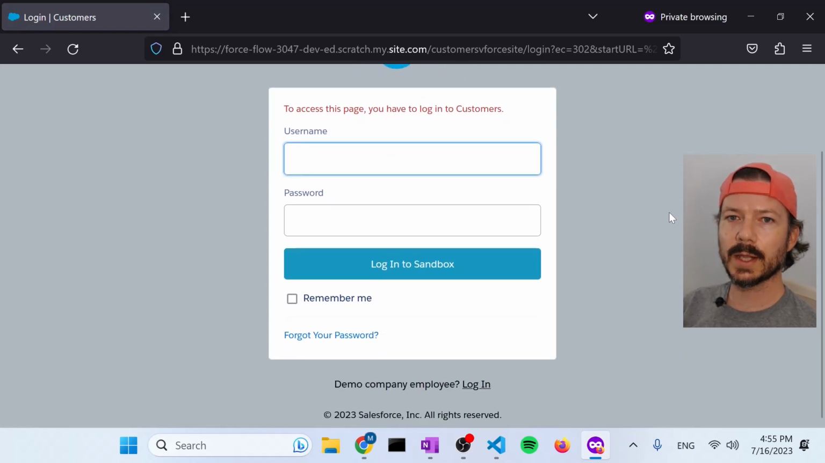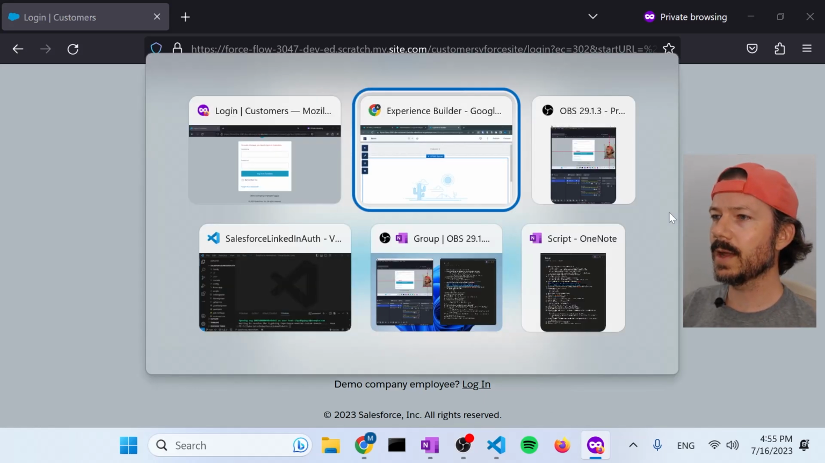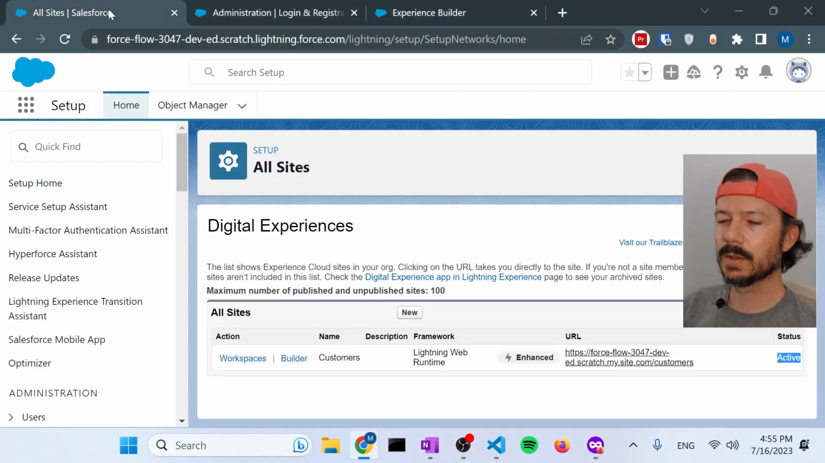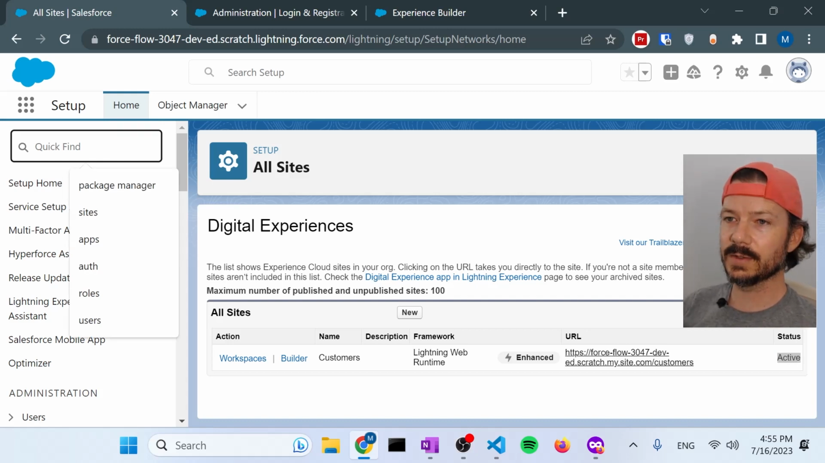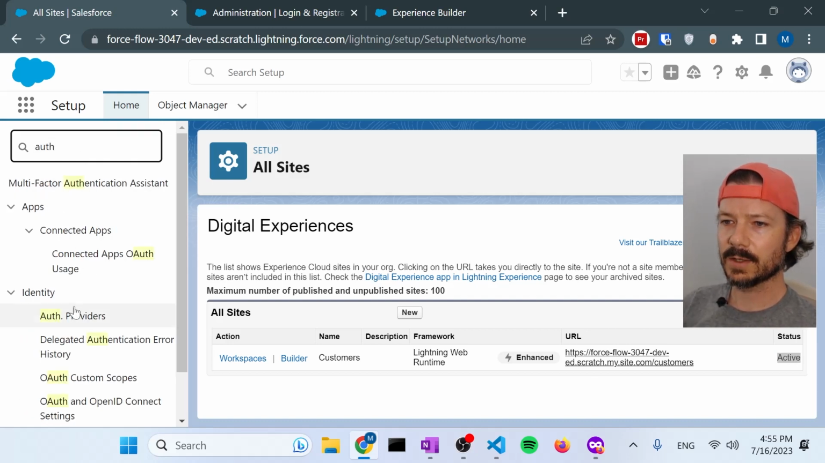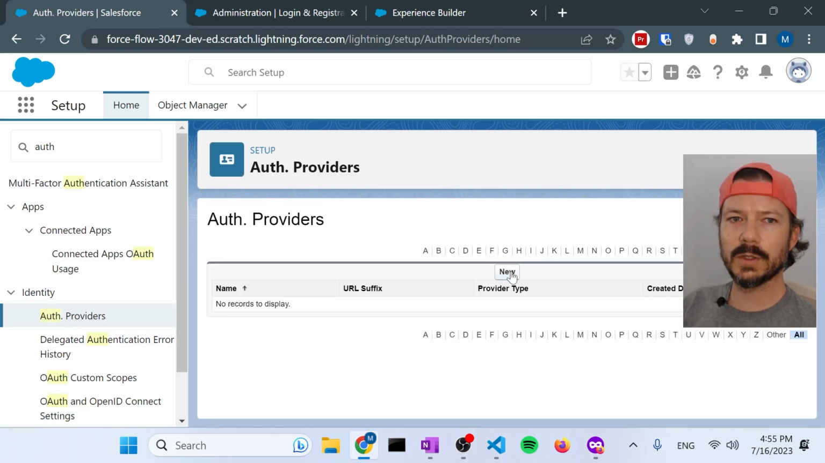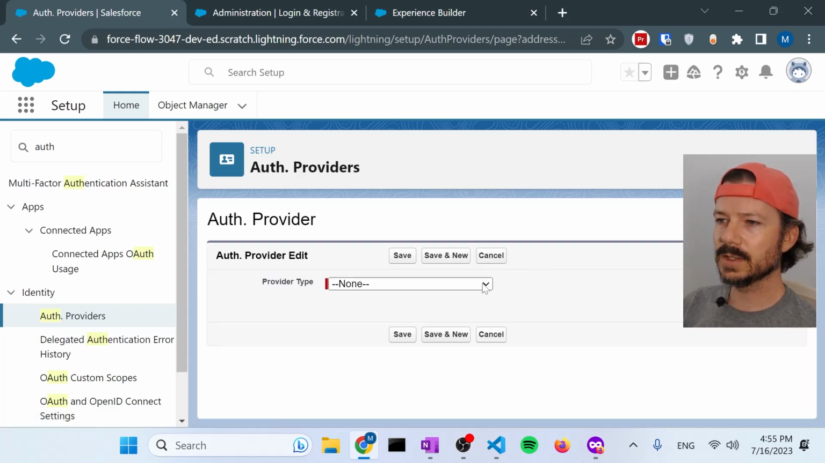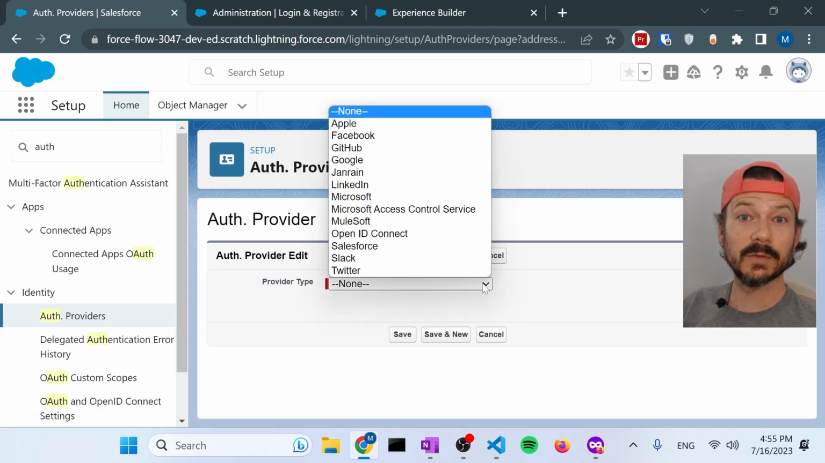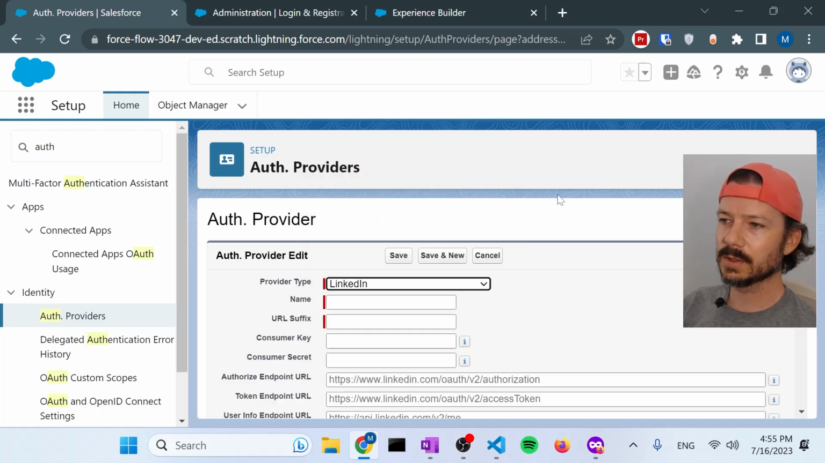So we're going to go ahead and start working on the identity authorization provider for LinkedIn right now. So let's go ahead and go back to our setup. And everything kind of revolves around an identity auth provider. So let's just say auth, and let's go to auth providers. Now, if you just do a new one here, you can see that there's a selection of default available types, all the major auth providers on here. We're going to be using LinkedIn. So if we select that,